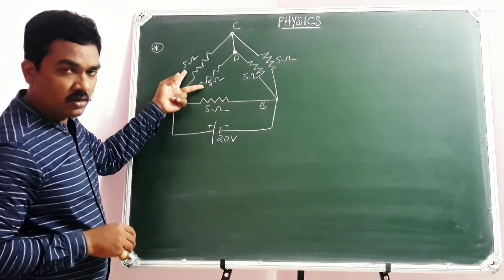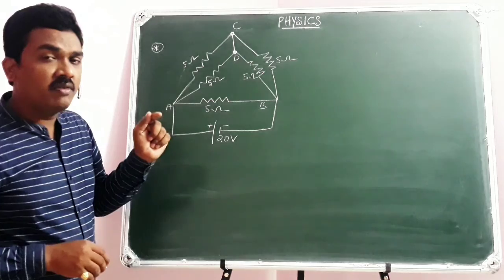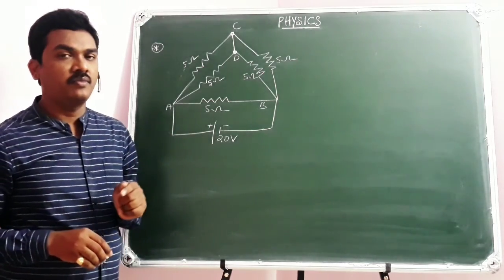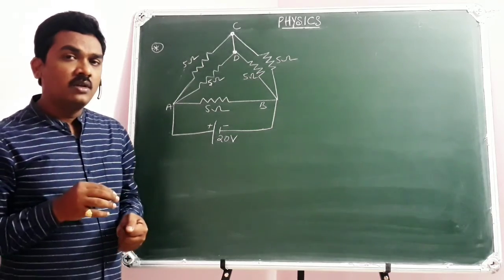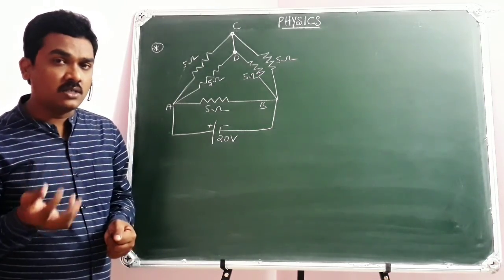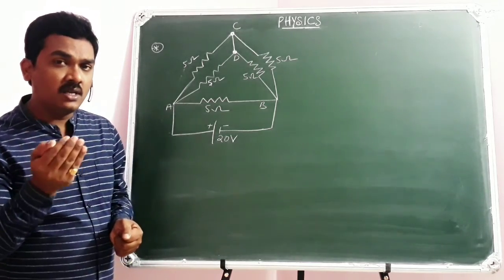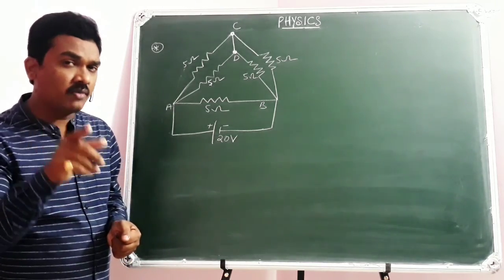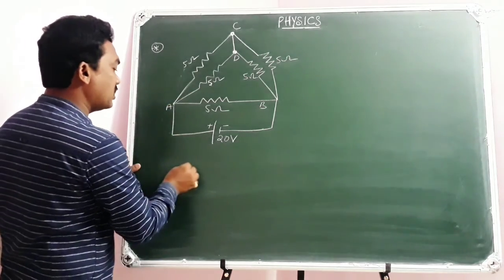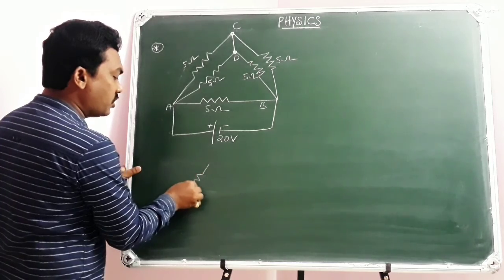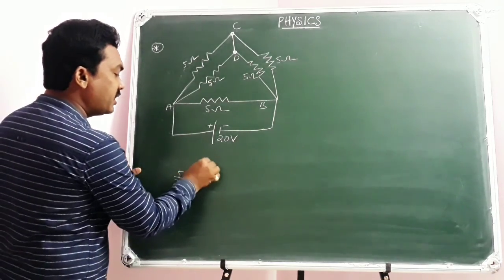When n identical resistors are in parallel, then equivalent resistance is R by n. I repeat, if there is a resistor whose resistance is R, and n number of identical resistors are connected in parallel, then equivalent resistance is R by n. Remember this conclusion which I have given already in the earlier class. So here two identical resistors, so equivalent resistance is 5 by 2. They offer together an equivalent resistance of 5 by 2 ohm in between AC.